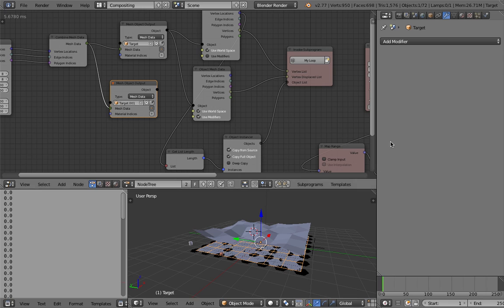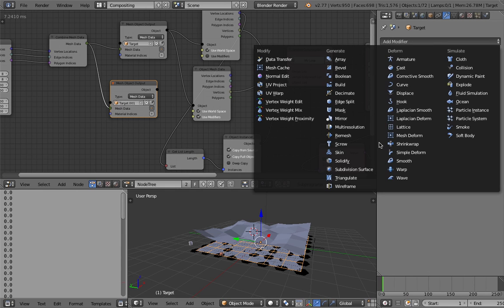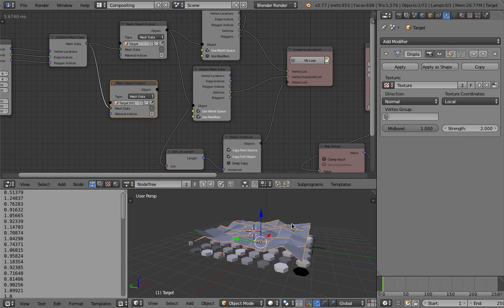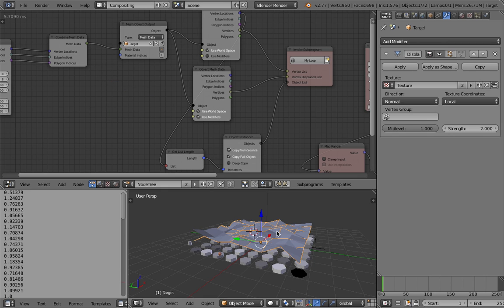And this guy is being driven by displace modifier 1, strength of 2, texture. Yeah, it's actually working. It works like that. We don't need the second target object.